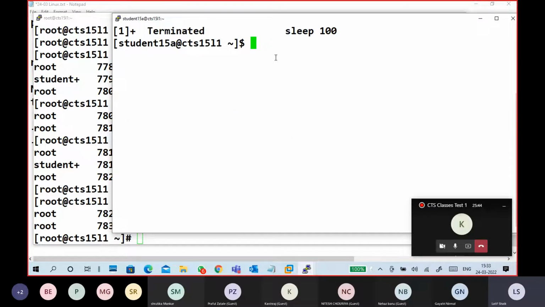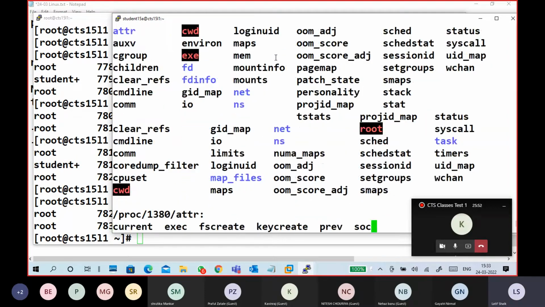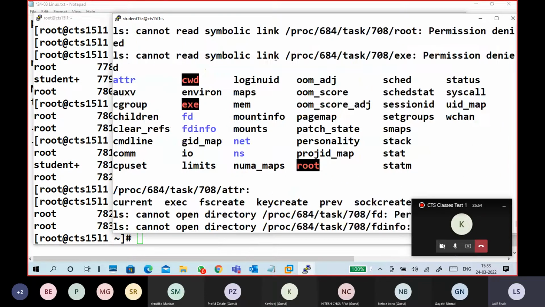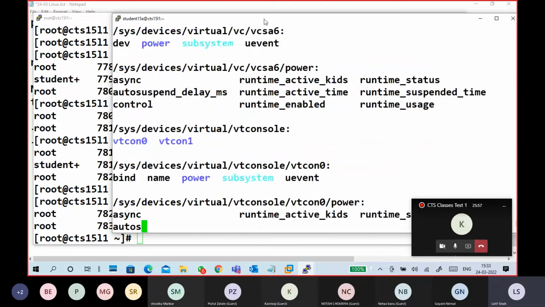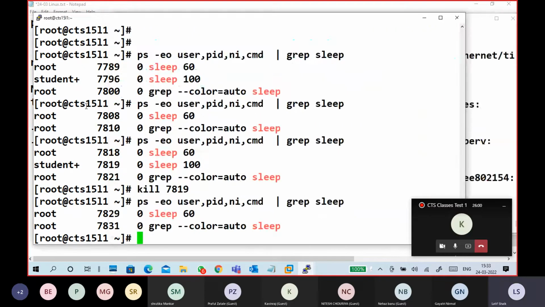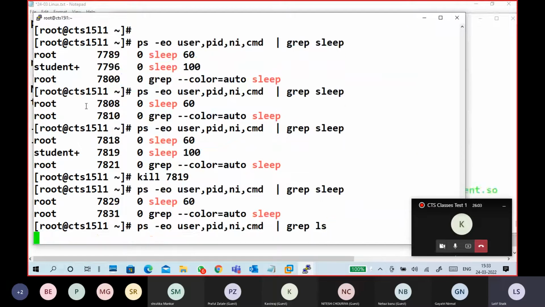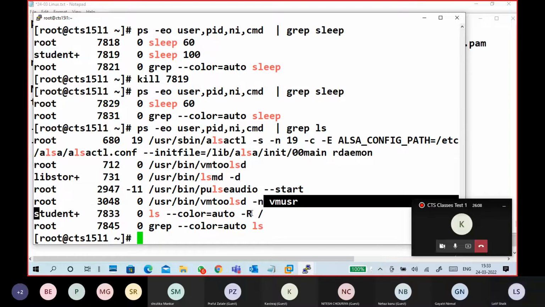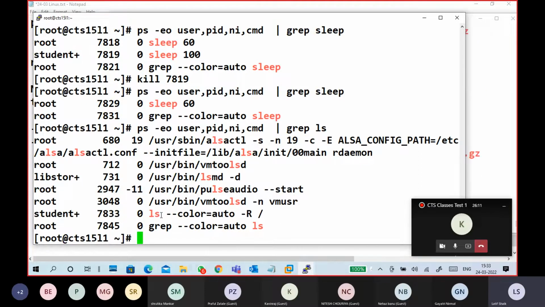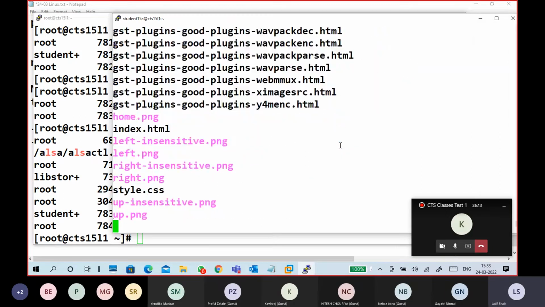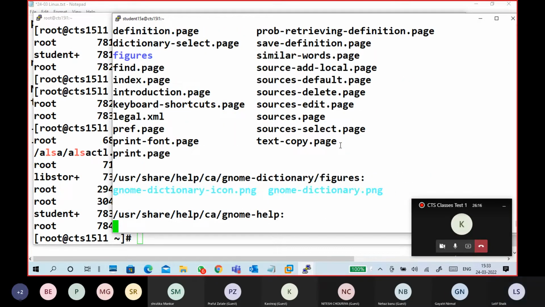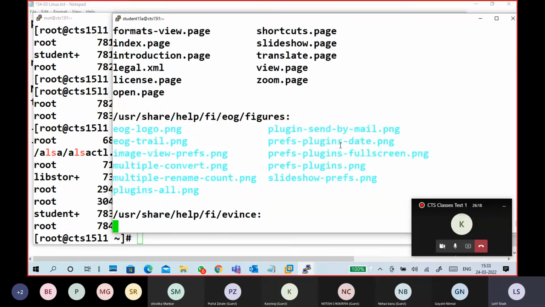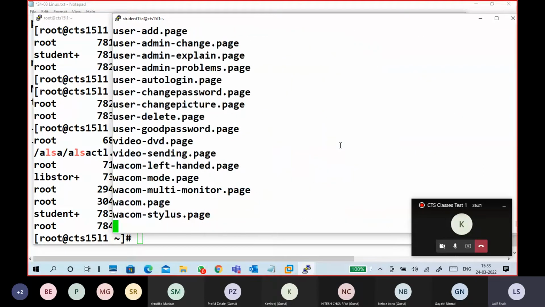Now again, look at here, guys. I will show you something. Hyphen capital R slash. It is searching entirely. So when it is going on my screen, in my terminal, the process is going on. Something like this, hyphen R. This process is going on, so this is running in my terminal. While it runs in my terminal, I can't put any commands now. I have to wait till the process is